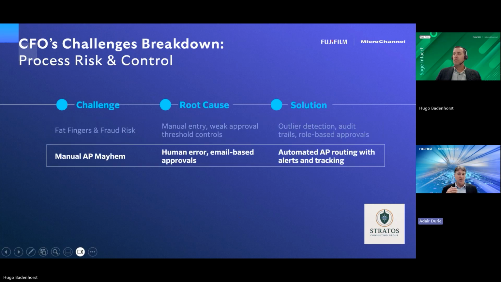Now, as mentioned before, there is typically always going to be somewhere where manual entry occurs, but as much as possible, we want to take away from manual entry, and allow automation and artificial intelligence to do what it can do. One of the obvious areas is accounts payable automation, where many times human error comes into the process. But not only human error, having email approvals sitting in areas where you can't track things, you should be able to take that away. If your business is going to grow, reduce its risk and look strategically at where it is going, these things need to be automated. So a great example here, Hugo, please show us that automated AP routing inside Intact.